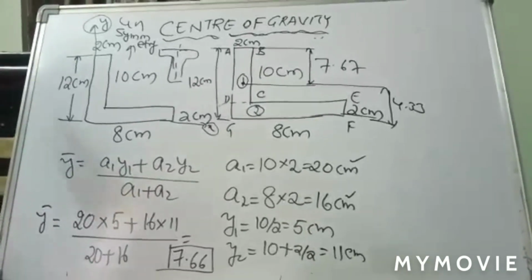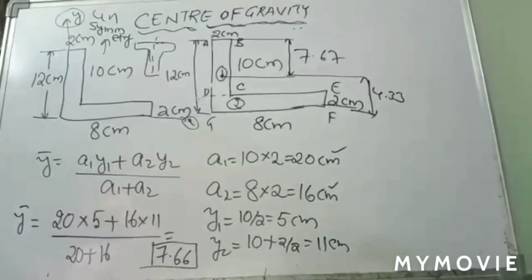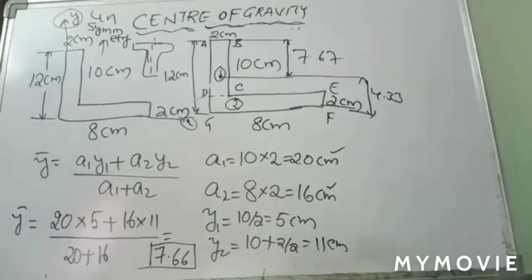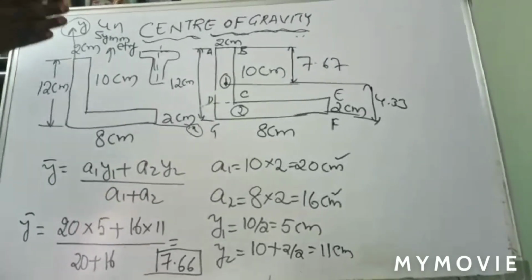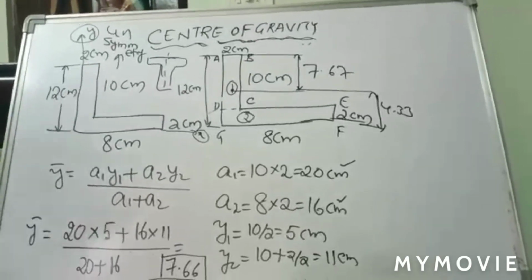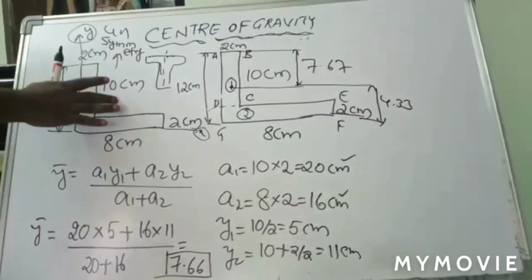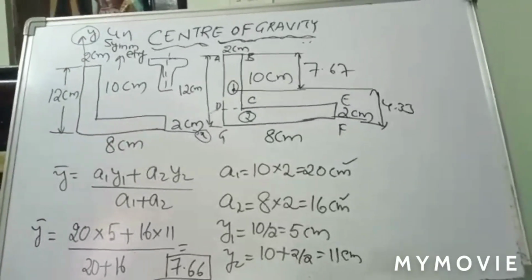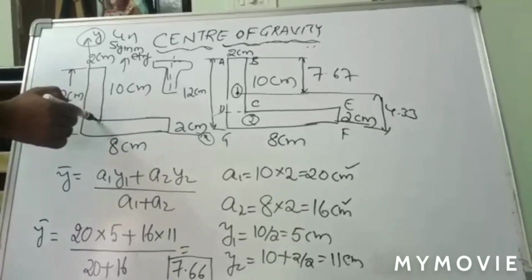Now for any kind of problem, first, if there is any possibility, you have to split it into 2 parts or 3 parts or 4 parts depending upon the type of section, right? So division of parts is very important in order to make your problem easy. That is the main motive of this section. First consider your section and, if there is any possibility, make it a division. That is very important.